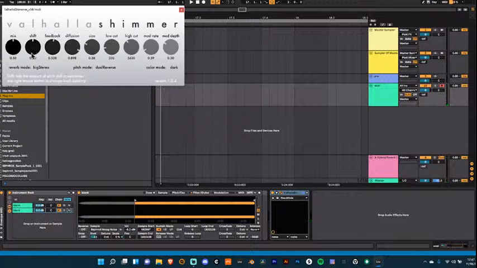It kind of just sounds like a reverb. But if I turn the shift all the way to 12, these are semitones. Hear how it steps up. If I increase the feedback,